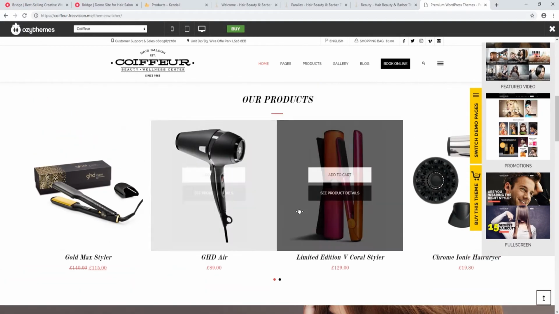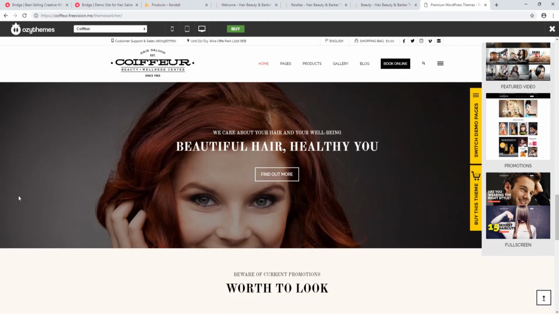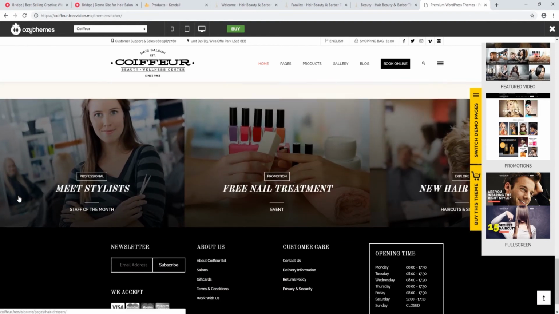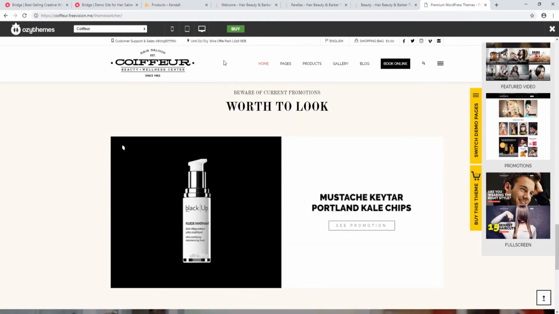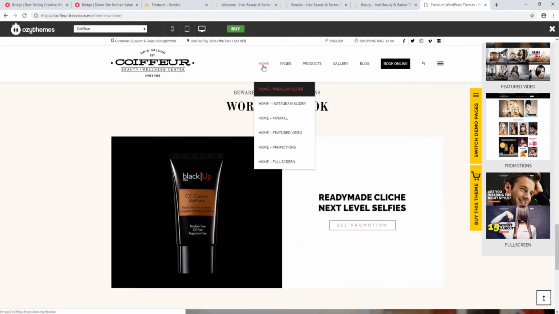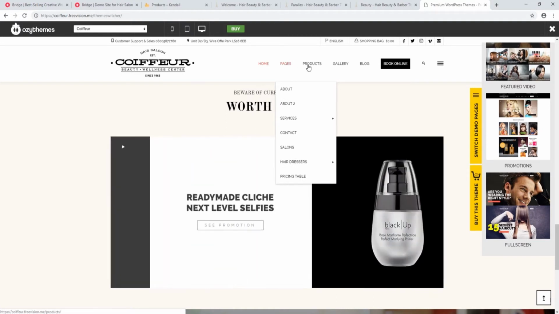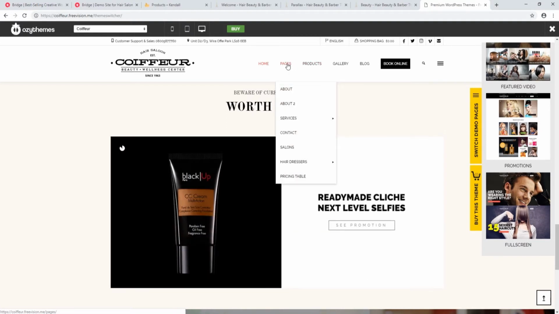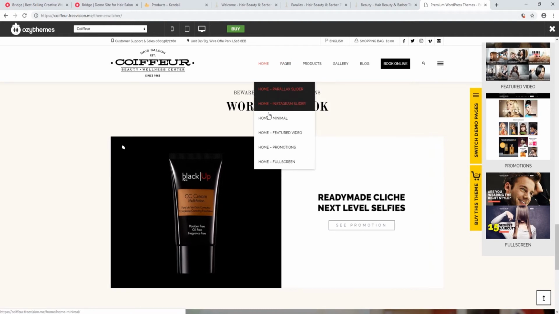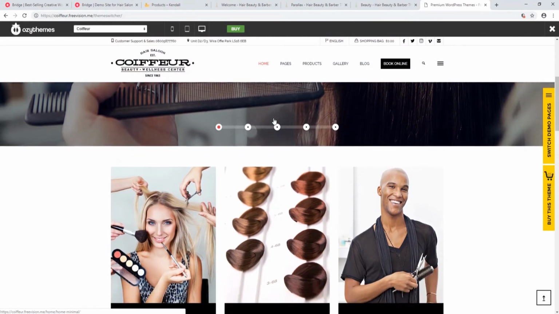We have this showcase of products. Again, this theme too comes with full shop functionality. Some of the services. Okay, this theme has 1, 2, 3, 4, 5, 6 home pages and a number of inner pages, and it also has this featured products page. So let's go back to home pages. Yes, I wanted to show you minimal. It's really not as minimal as the name suggests, but it is a